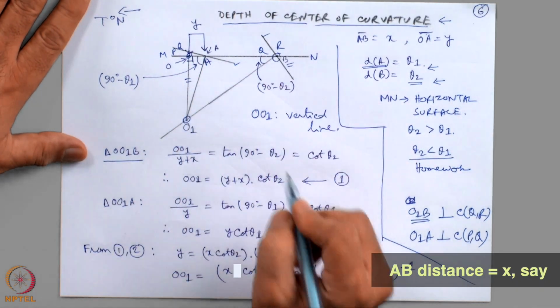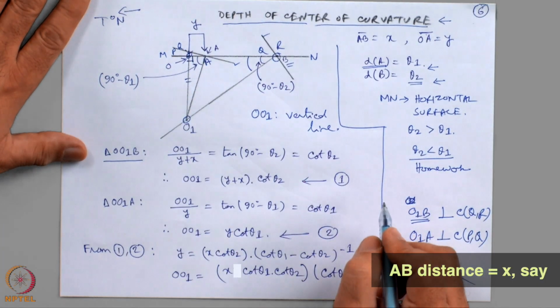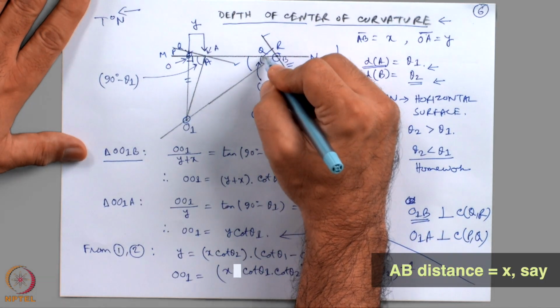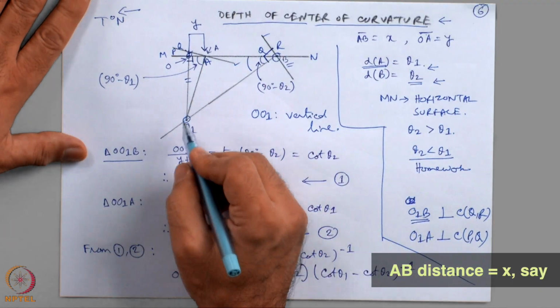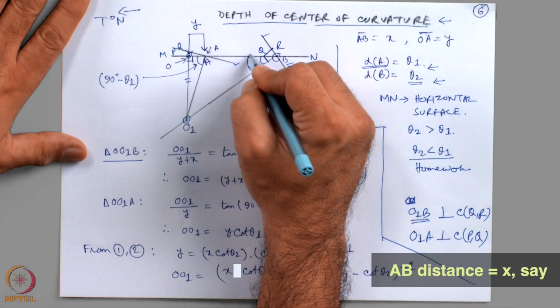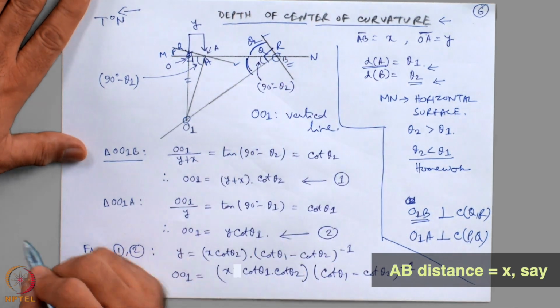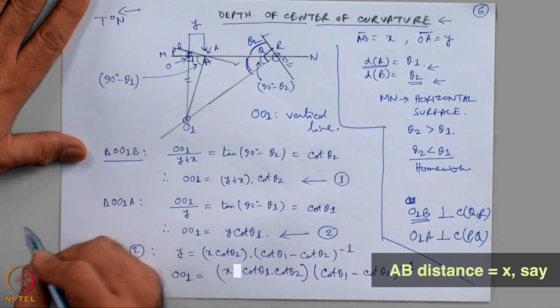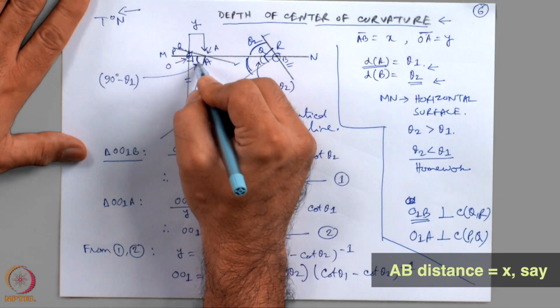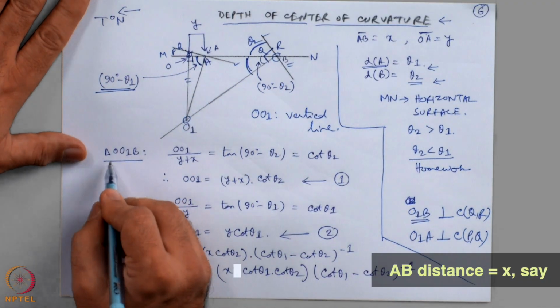OO1 and B. Within this triangle, this angle is equal to 90 degree minus theta 2. Why? Because this angle is 90 degrees, O1B is a normal, and this is theta 2. So, this angle is 90 degree minus theta 2. Similarly, this angle here has to be 90 degree minus theta 1. Now, back to the triangle